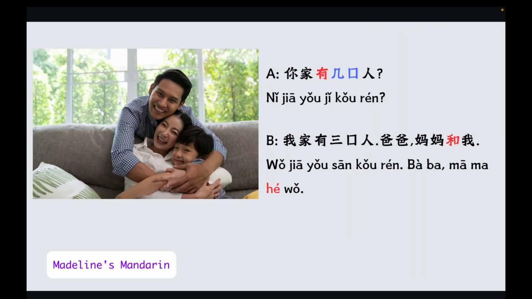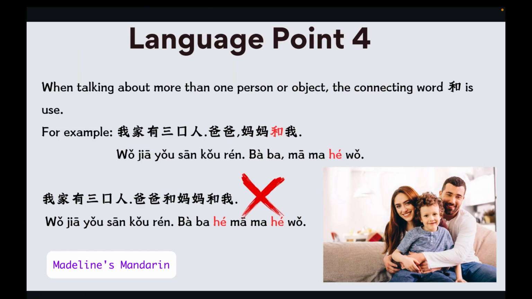Now let's learn how to list family members. 你家有几口人？我家有3口人。There are 3 people in my family. 爸爸、妈妈和我。和 means and. Now let's look at our language point 4 today. When talking about more than one person or object, the connecting word 和 is used. For example, 我家有3口人，爸爸、妈妈和我。